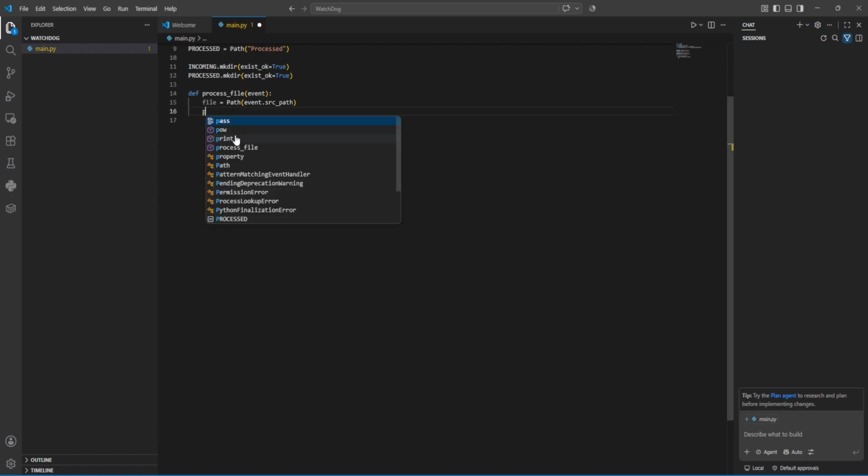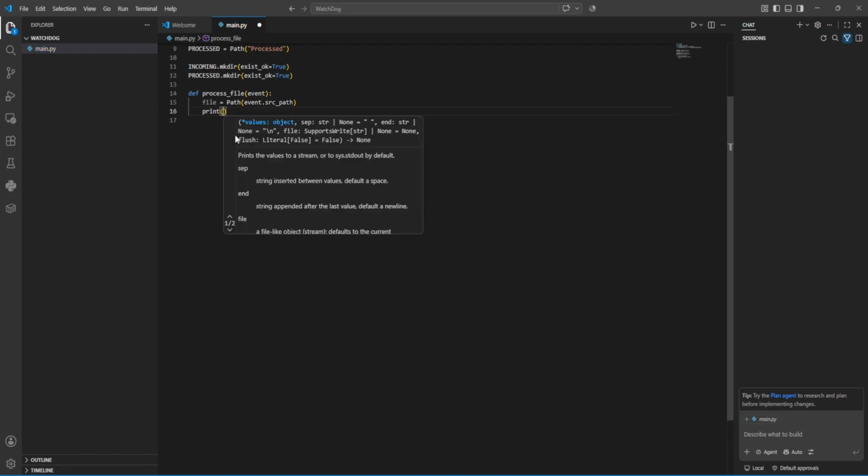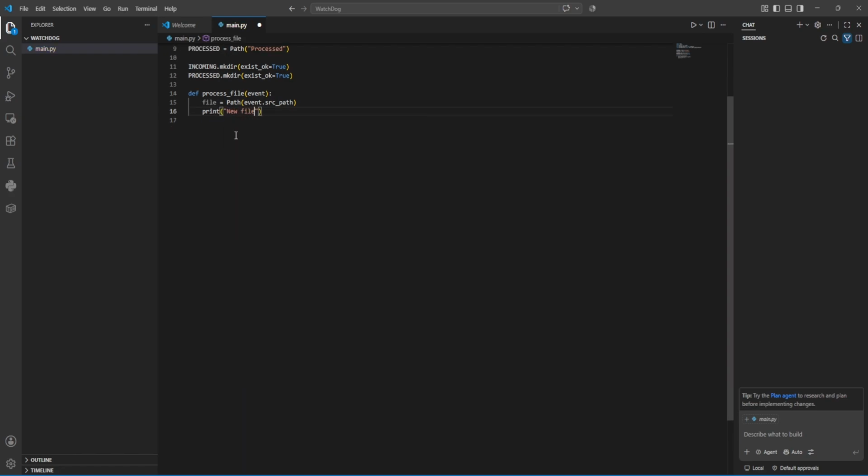And next we will print, new file has been created. And if we also want to print the path, we can use this f here, and we can use file.name. Okay, and then we can use time.sleep for 2 seconds, maybe 2 seconds